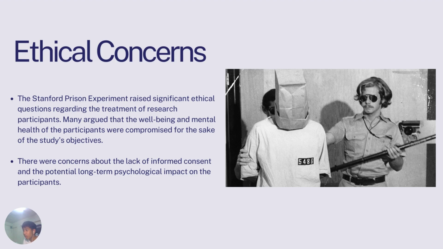The prisoners started to spiral on the third day. Prisoner 8612 started to cry and scream uncontrollably. To avoid potential psychological damage and a lawsuit, he was let go. The next day, two other prisoners were let go. One had refused to eat, so he had to be let go.